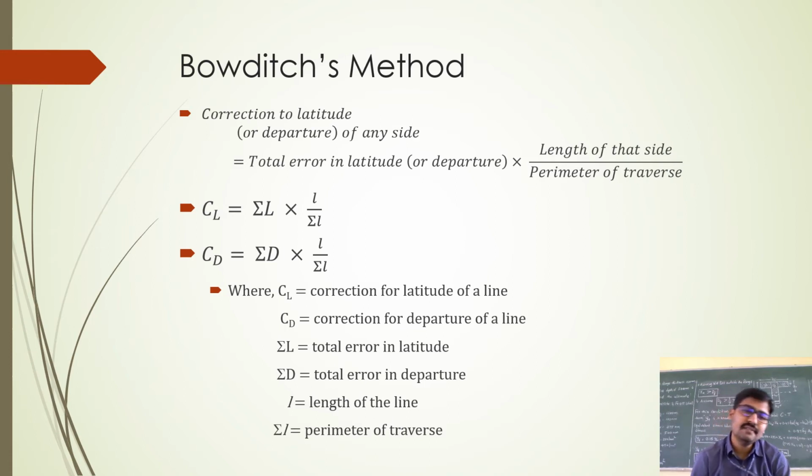When you compare this with the transit method, you don't find any difference other than the formula, right? In both methods you find the correction to be applied to each line. Then you apply that correction and find the corrected latitude. You will understand in the problem how the correction is to be applied. So when you finish watching this video and understand the problem, come back and watch the video again so that you understand what I am talking about here. Okay.